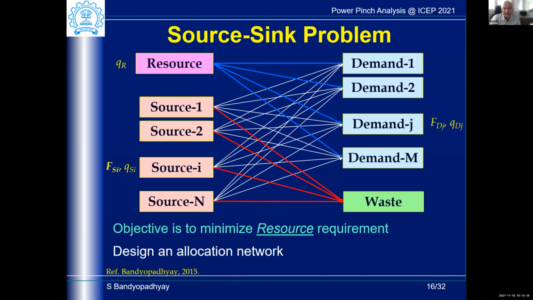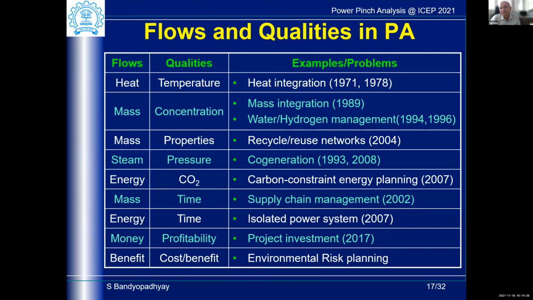And design a network of allocations of the sources to the demands, and resource to the demands, and things like that. So this particular concept of source and demand has been extended in various applications. If we talk about flows, heat flows, temperature as quality is heat integration. It started in 1978. Mass as flow, concentration as quality, it is mass integration, water integration, hydrogen management in refineries,